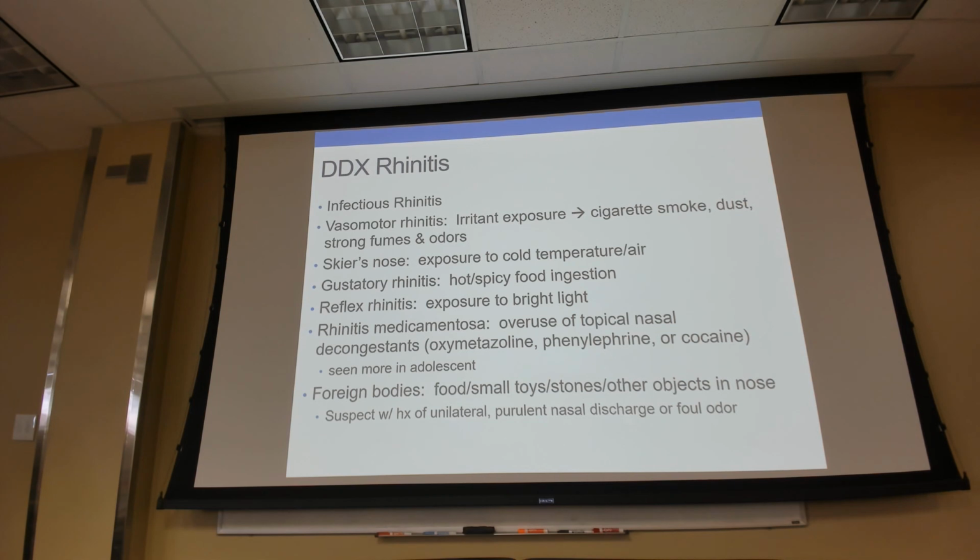So your foreign body, if you see that purulence from one nostril, it's usually unilateral. A test question will likely give you something about one nostril and a foul-smelling discharge, which is different from this. The other one that you see in adolescence is that at some point they learned, or somebody told them, to use Afrin for a couple of days when they didn't feel good,